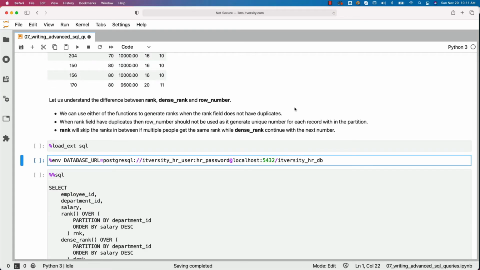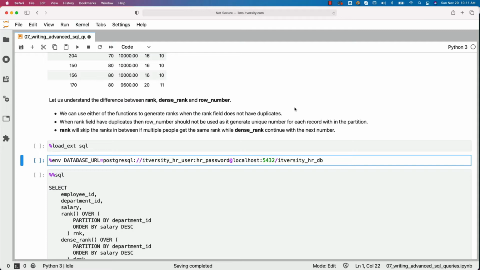Another use case can be get me top 10 revenue generating products, which means there can be top 10 revenues. However, there can be more than 10 products matching the criteria. In those use cases, we have to use dense rank. Rank will not suffice. And most of the use cases with respect to ranking will be similar to that. Get me top 10 salaried employees or get me top 10 revenue generating products. In those cases, we have to use functions like dense rank.